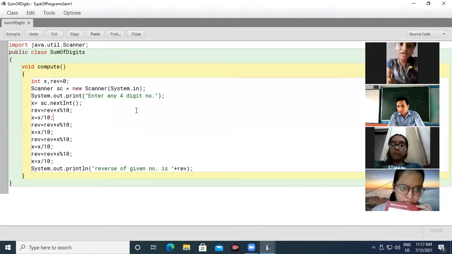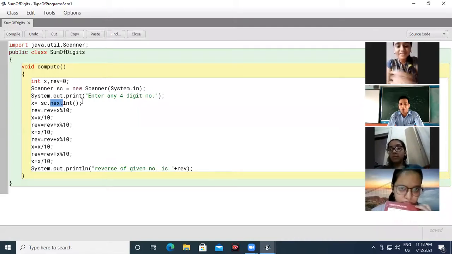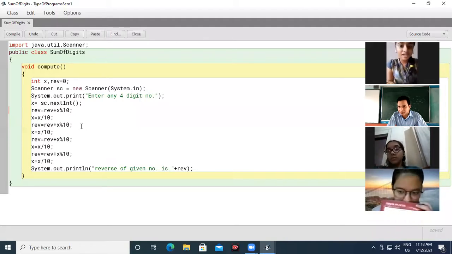So how will we get the double value? In that program we have written next double, in place of int. I don't remember actually. Repeat your question, no problem. I want to ask that we are writing sc dot nextInt, so when we are giving the value in double, then also it will convert into int?